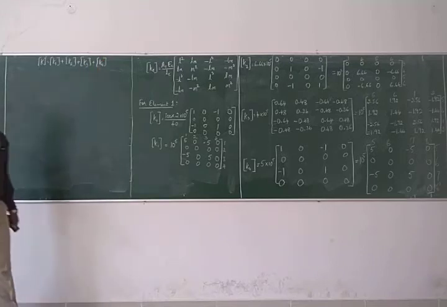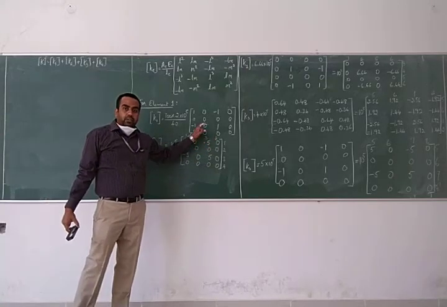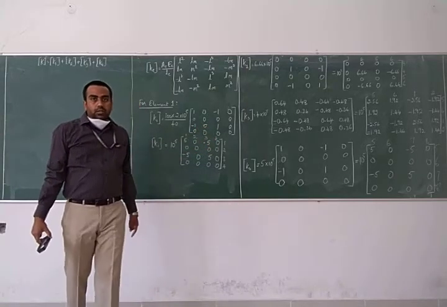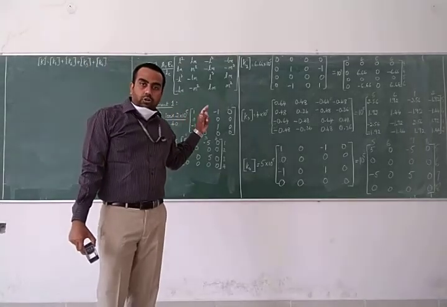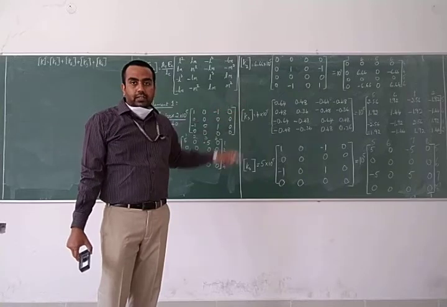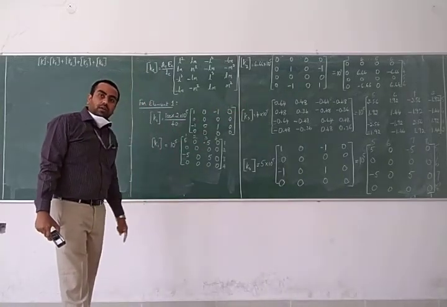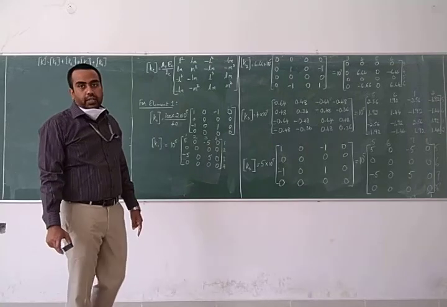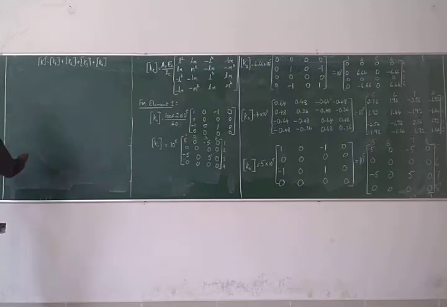Now if you observe, there are totally 8 degrees of freedom for the given problem, 2 degrees of freedom per node. So there are 4 nodes into 2, 8 degrees of freedom. So our global stiffness matrix is now a matrix of 8 cross 8. So please make sure that you have sufficient space in your notes. K is equal to